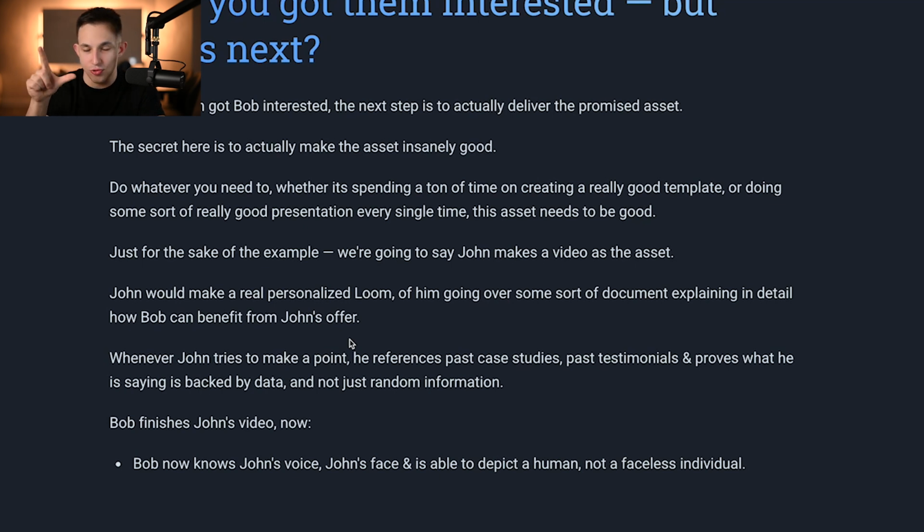Second of all, you're proving that what you're saying isn't an opinion. It isn't something you think. It's actually real data, okay? And in turn, that's going to, one, establish social proof because you're showing case studies, but it's also going to establish that you are competent. You know what you're talking about. And if you know what you're talking about, they're going to trust you, okay? And trust is really all it comes down to, because if they trust you, they're going to want to work with you, okay?